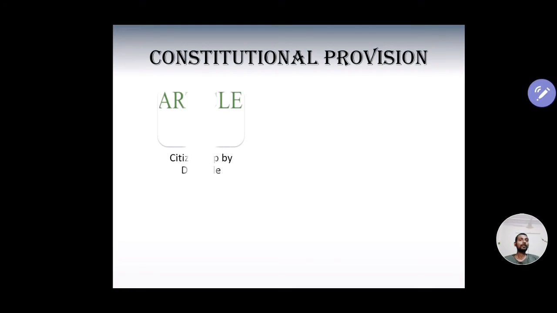Okay, so as I said, Article 5, 6, 7, 8. Article 5 talks about citizenship by domicile. So a person who is born in India, irrespective of their nationality, or a person either of whose parents were born in India,